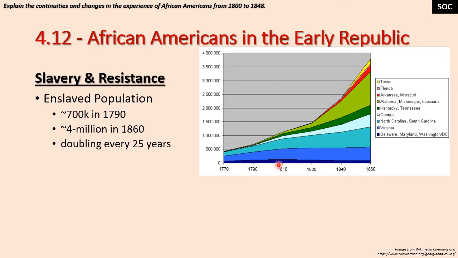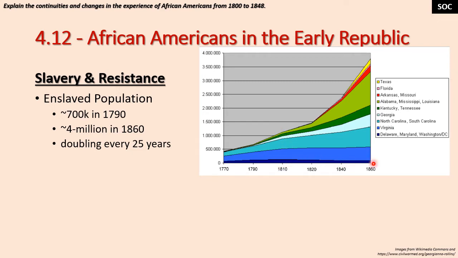This is happening despite the fact that here in 1808, there is no more international slave trade in the United States, which means from this point forward, there is only legal importation of slaves, but everything is happening through natural population increase. And as you can see on here, breaking this down by the different colors, there is